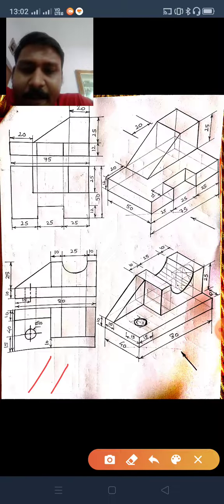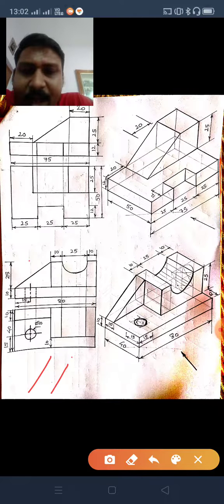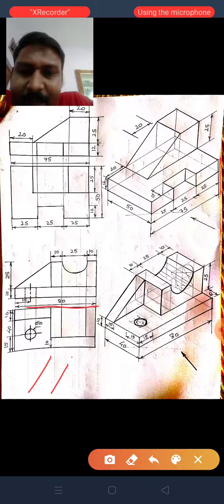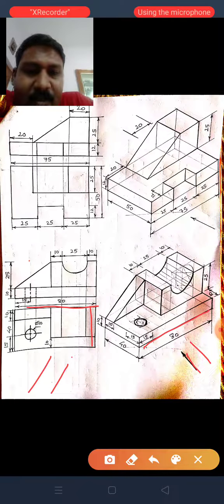So now here again the front view, and this is the front view and this is the top view, it is given. So you have to draw this diagram. Now while creating here in the top view, you have to create a base of 80 by 40. So I have done so. See, this is 80, this is the front view from where watching. So this is 80, this is 40 of 30-degree inclined line I have drawn.